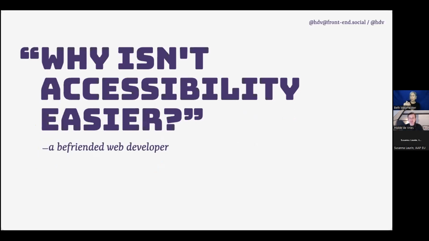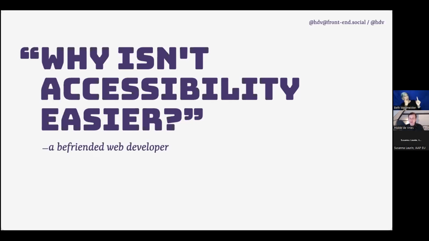Only recently, I was talking to a friend of mine who is doing front-end development at a very large website, and she was a bit frustrated. She's very focused on accessibility and trying to get accessibility right, and knows a lot about it, but seems frustrated. Why isn't it easier to do accessibility? And I think that's a valid question. It can be pretty hard to get accessibility right, even if you want to.